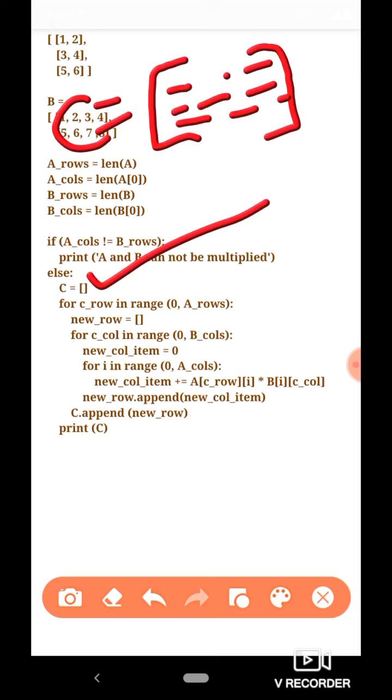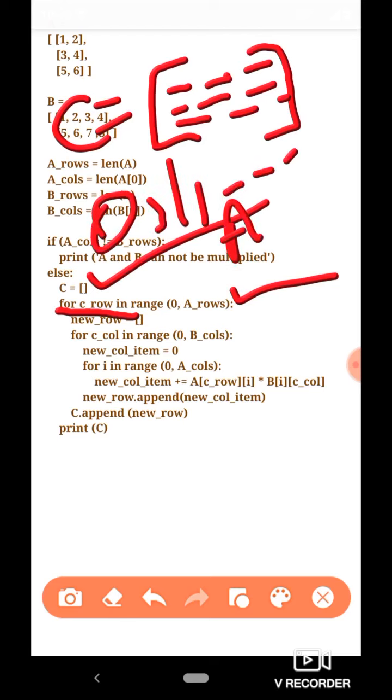Okay, so as we said, the first loop is going to be used for creating the rows of the matrix C. We have used the variable name c_row because it represents the row number of matrix C being computed. So we write for c_row in range(0, a_rows). Writing range(0, a_rows) will obviously give us values 0, 1, 2, up to a_rows minus 1.